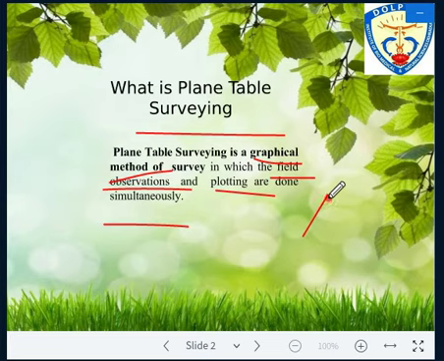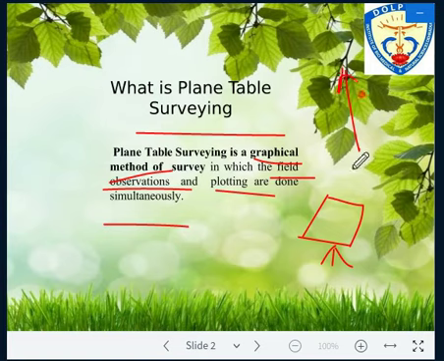This is a plane table. Just understand it's a plane table, right? And this is a stand on which the plane table is fixed. And for example, this is the one feature that I am locating here. So one center, and from the center I have to locate this feature. So immediately I am observing this feature and I am also plotting the same feature here itself. It means I am making one line also here by using a suitable scale.